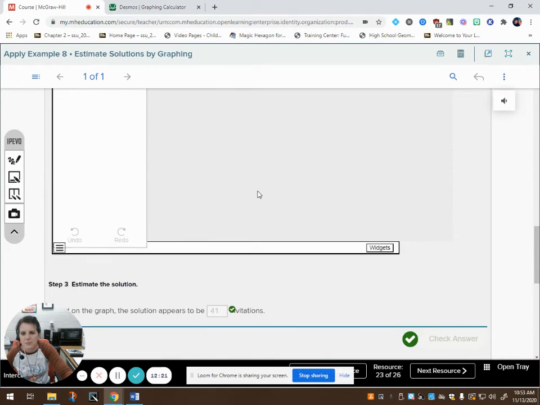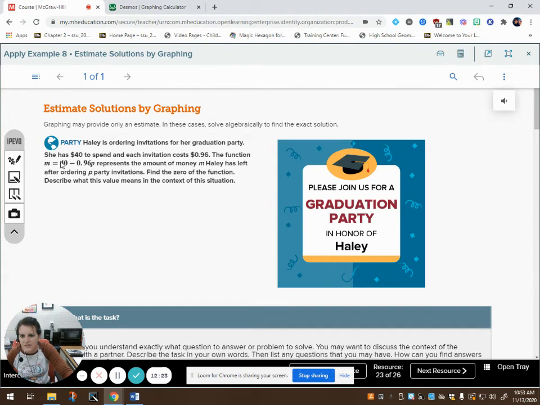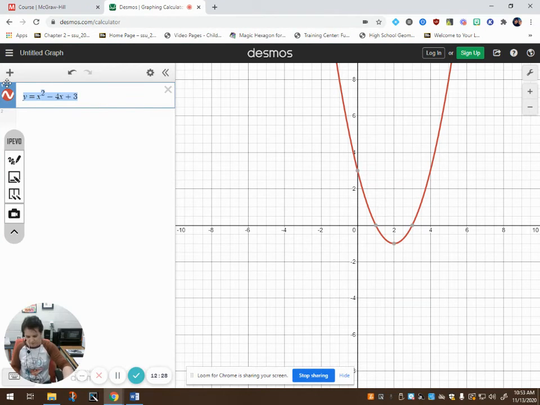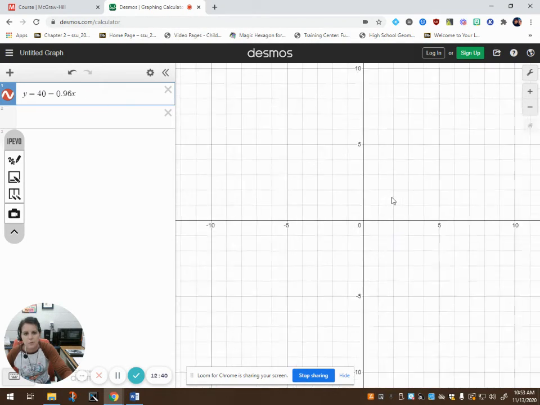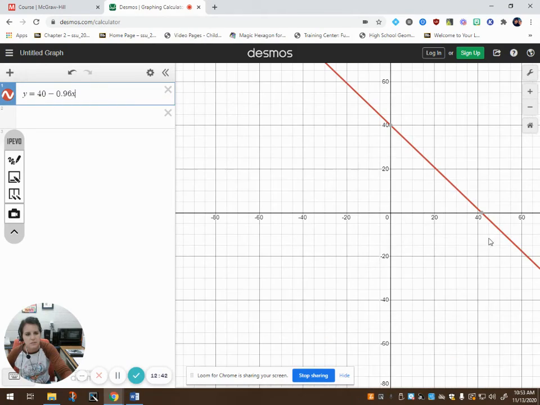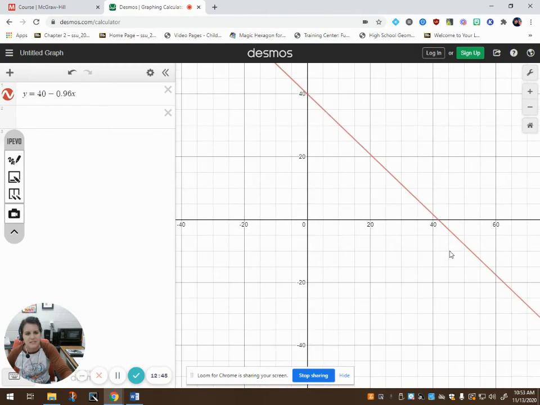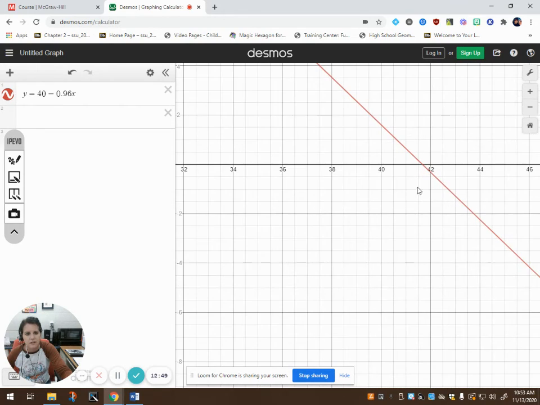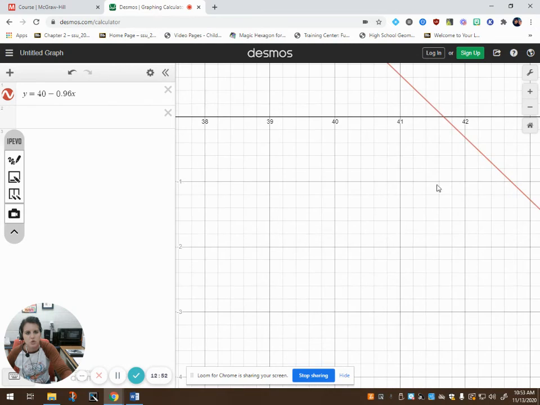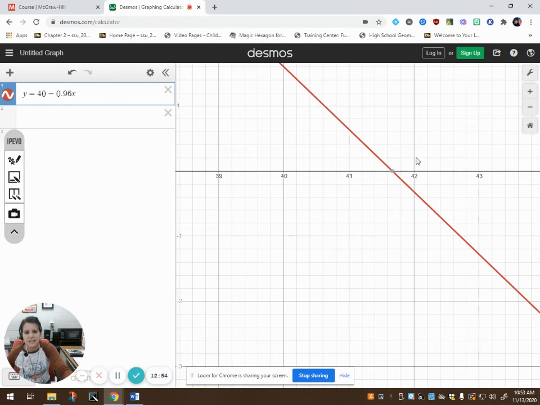So let's go back. Let's just type it into Desmos and see if it gives it to us. y equals 40 minus 0.96p. Since it won't let me graph it on there, we'll do y equals 40 minus 0.96x. And we're going to have to zoom out to be able to see it. There we go. Now we can tell. It's a little bit beyond 40. If we keep zooming in, we can see here. It's